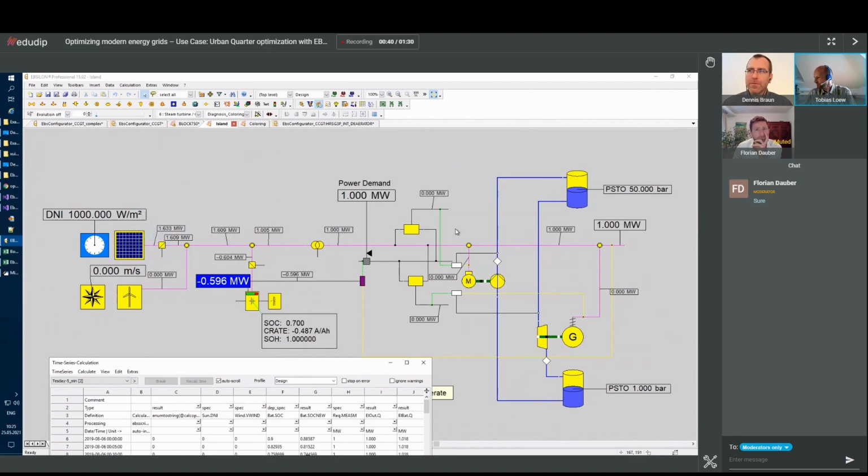And we have a final backup, a water storage, which has 2 tanks, and the upper tank has 49 bars more than the lower tank. So we have a pressure drop, and we can produce power from that. And in case we still need, we have a primary backup, which is a battery down here. And in case we produce too much power, we will load the battery or pump up water. And in case power is missing, it goes the other way.